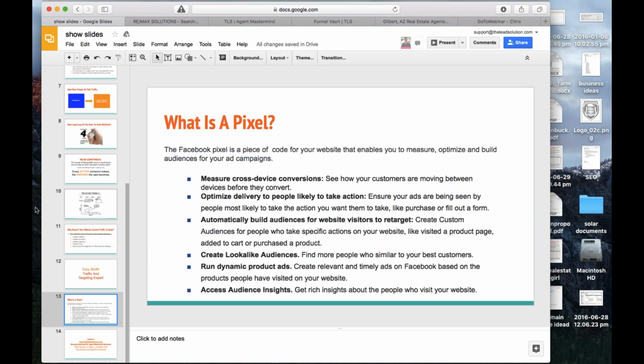And as far as the pixel goes, there's all kinds of pixels on Facebook and all the different social media sites. The first pixel that I always recommend is to make sure that you get your Facebook pixel in, and that's what we've been talking about mostly here. Just to clarify, there are pixels everywhere that you can get them, but Facebook is the one we're talking about, and the one that I would highly recommend going after and getting. So I'm going to add something here too, Corey, if you don't mind.